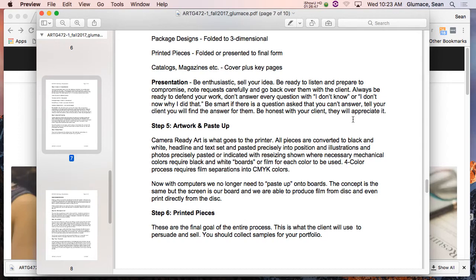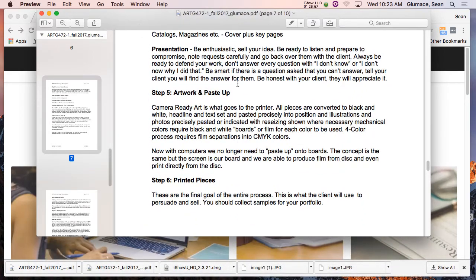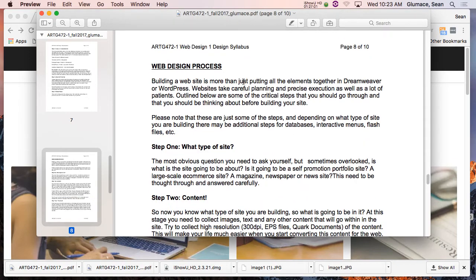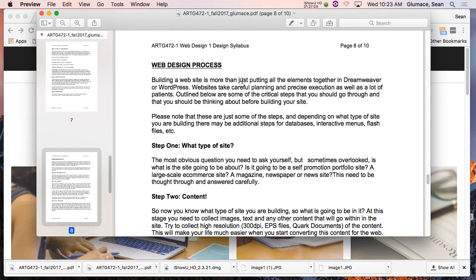Normally I have you work along, like we do something, and so we're actually physically doing the process. But I'm just trying to get this done as quick as possible. So if I taught one of your other classes, this is what everything would be based around. So, web design process. This will go much quicker than the last one because we've already talked about 90% of